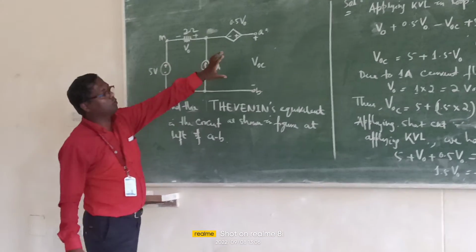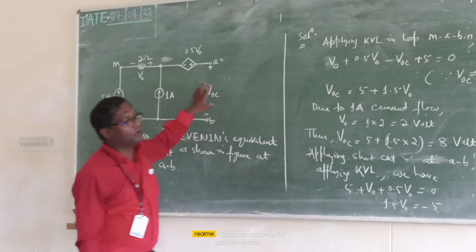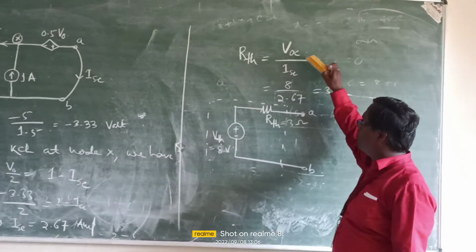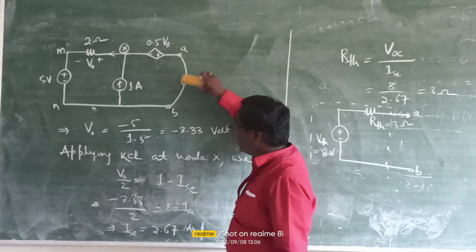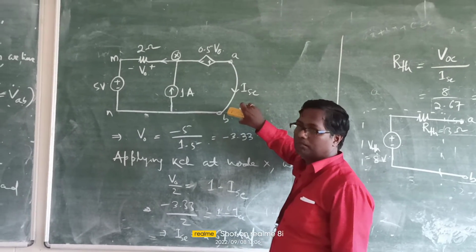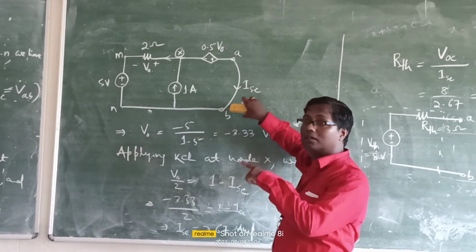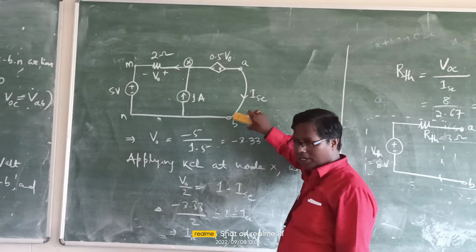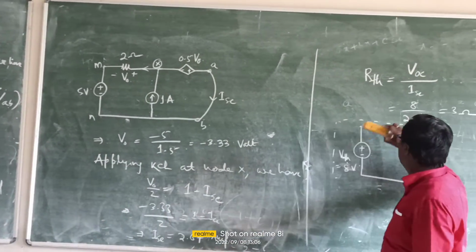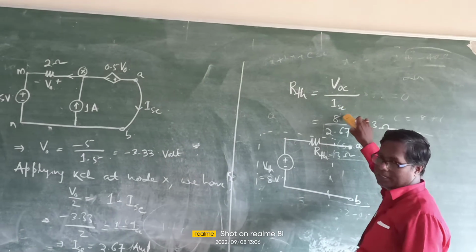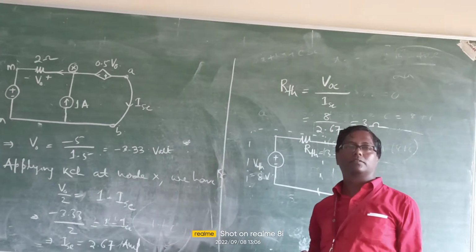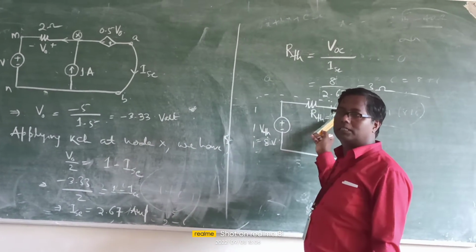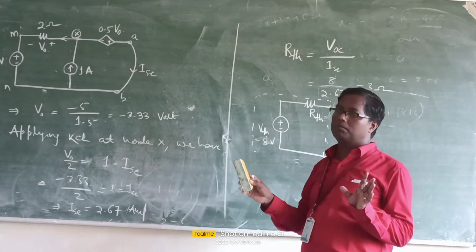So in this case, to find the Thevenin resistance, we follow this procedure. Thevenin resistance for the dependent source case can be found by short circuiting the open circuit terminal, just like in the Norton theorem, and finding the short circuit current. Open circuit voltage divided by short circuit current is the Thevenin resistance. Once you get the open circuit voltage and the Thevenin resistance, our problem is solved.